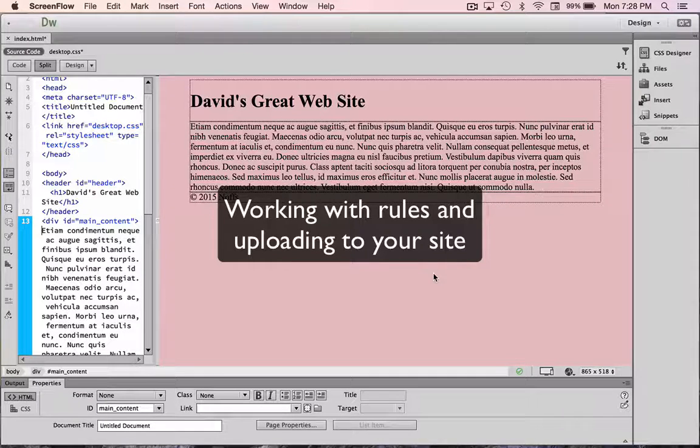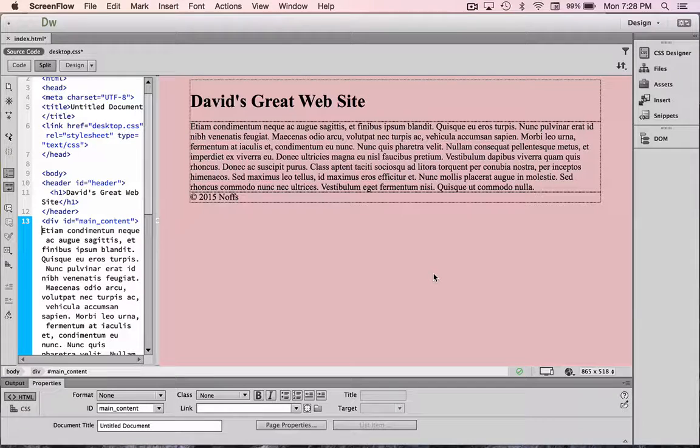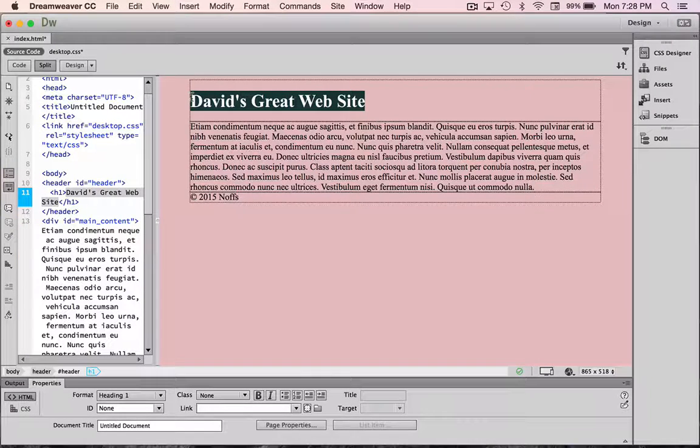In this video tutorial, I'm going to show you how to add a simple contextual rule for an element and then upload our page to our website. So in our last tutorial, we'd added a H1 tag up the top here and some text in the header area of our page. To add another rule to this H1, I'm going to simply highlight that element, the heading 1 element,